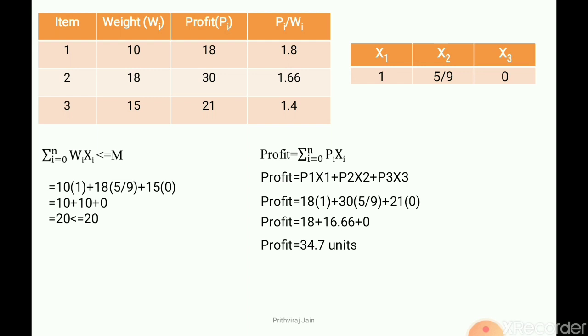And this is the profit that we have gained after choosing the items by using the profit by weight ratio method. And this itself will be the optimal solution. When you compare with maximum profit and minimum weight, we will get the highest profit using the profit by weight ratio. That is why I have chosen this for this session. So by using the profit by weight ratio, we'll get the optimal solution.